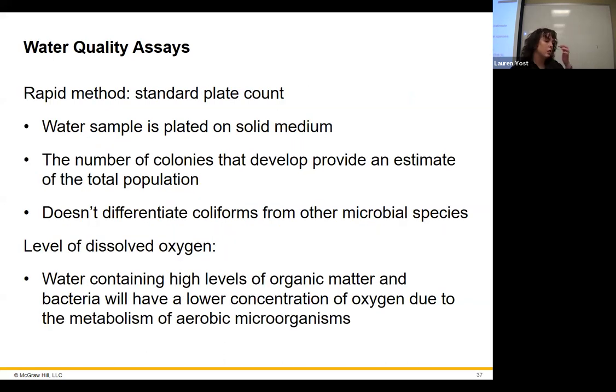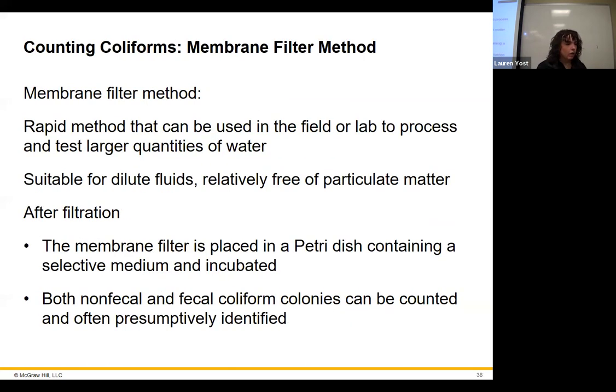Okay, so one way they can do this is the rapid plate count. The rapid method is the standard plate count where they're going to literally just plate the water samples onto media. Go figure, see if there's any colonies. They can also, if it's water, and there shouldn't be very many organisms in it if you filtered it, put a sample of water through a filter, and there's a little membrane that sits on there. You can take the membrane off and place that onto a medium and then see if anything grows on there. So it concentrates them down. And so they'll try to figure out how many colonies will form from that. So that's the membrane filter method.